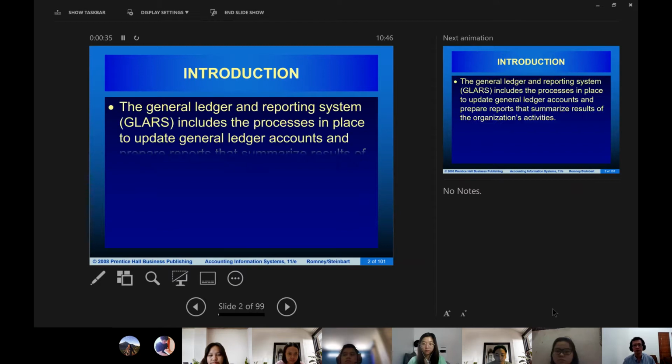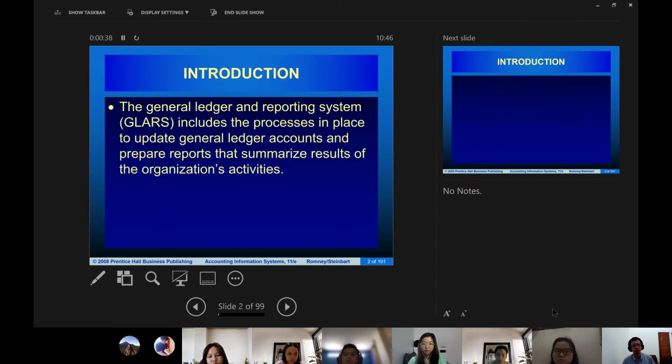So the first part of the general ledger and reporting system is to create financial reports. You already covered this in introduction to accounting, and you will explore in more detail many aspects of this process in financial accounting courses. I understand that now you are taking intermediate accounting 1, and then there will be intermediate accounting 2, intermediate accounting 3, advanced accounting, and other financial